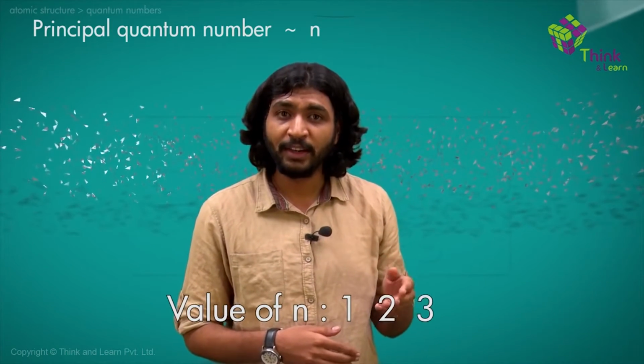So just like that, the value of N for an electron present in the lowest energy state is 1. As we progress in energy levels, the value of N increases, such as 1, 2, 3, 4, 5, and so on. So that gives you an idea of the principal quantum number. And in fact, this is something you've already learned before: K shell, L shell, M shell, right? Very familiar, right? Now just forget all those. From here onwards, you're going to call them N equal to 1, 2, 3.